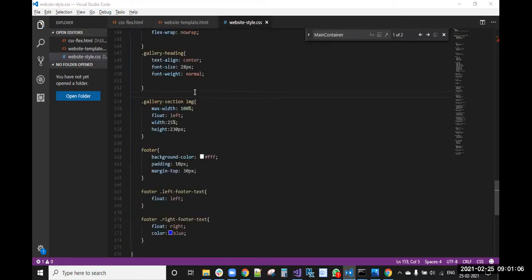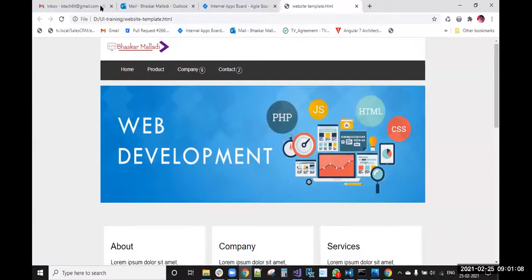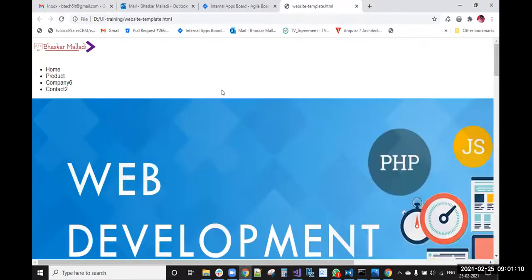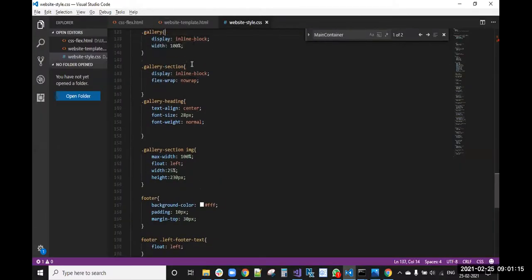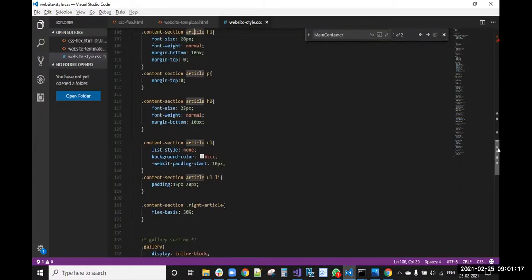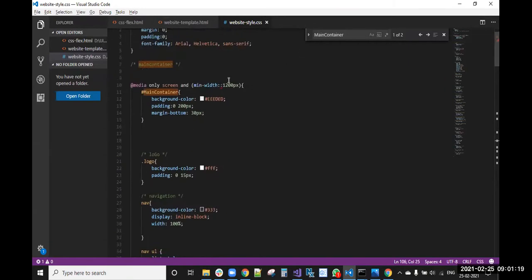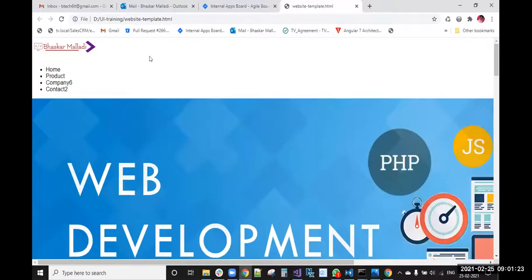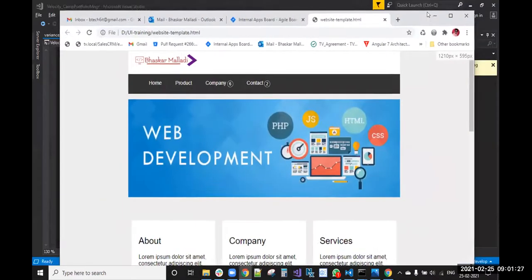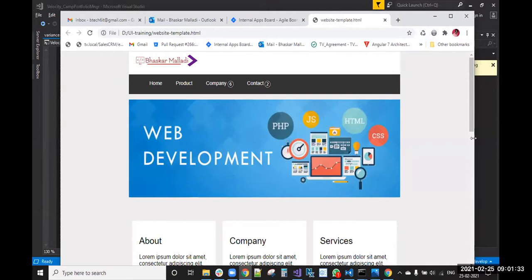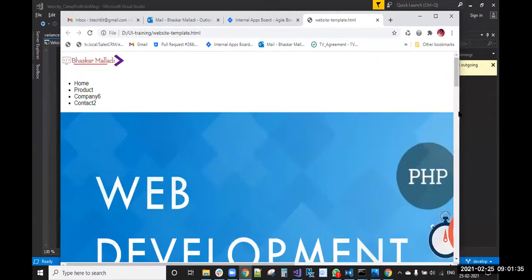Now we will go to here. If you are resizing, you can see that up to 1134, right? Here you can see 1160.